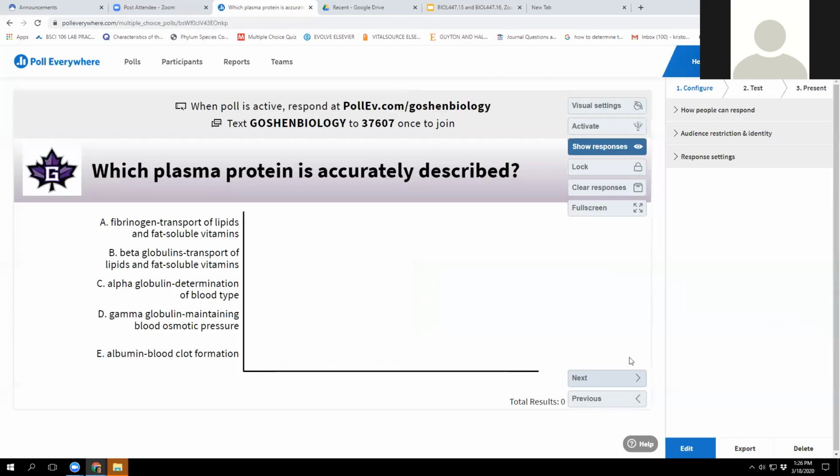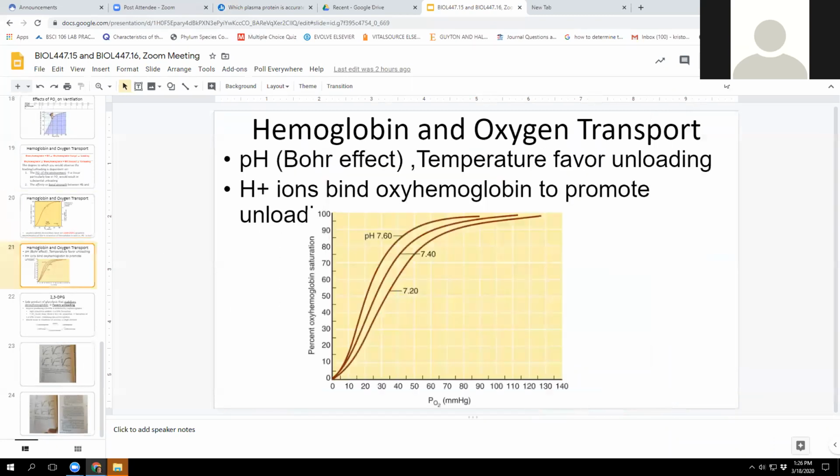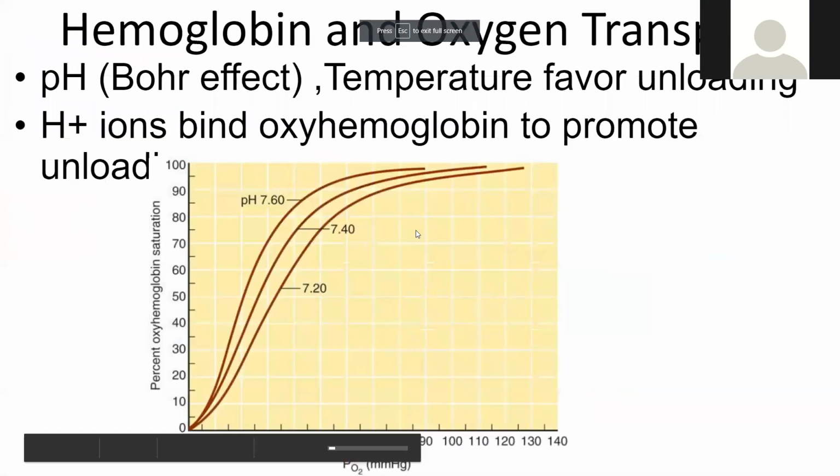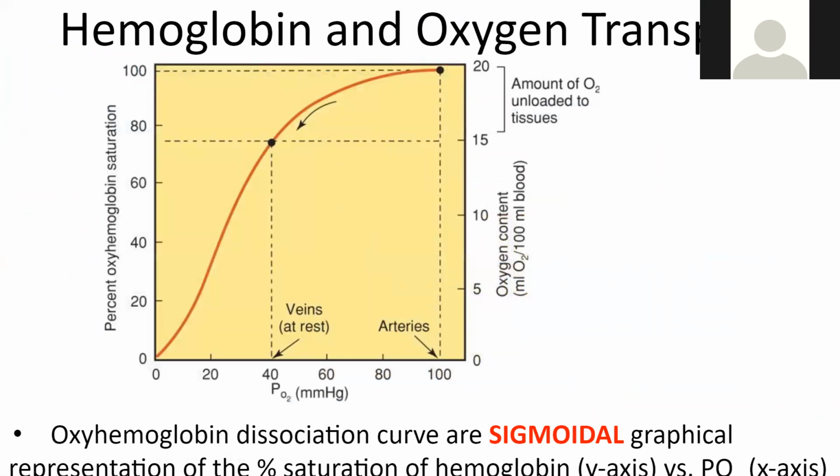So tell me a little bit about, let's just stop for a sec here. Tell me a little bit about these patients with COVID-19 then. What would they be from a perspective of a graph like this, or these hemoglobin curves? What would be happening with them? Anybody want to share?